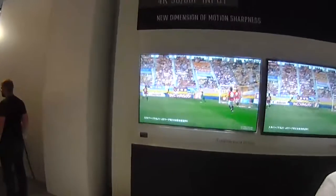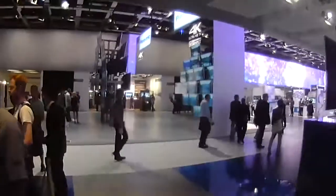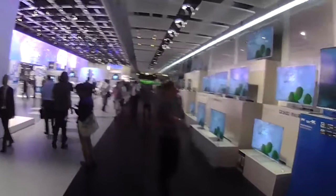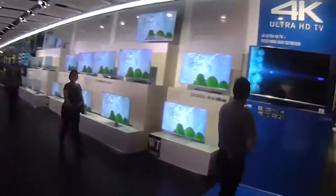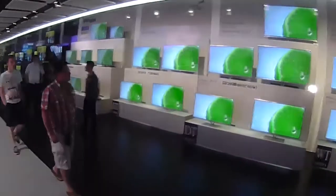A bit of football in 4K. A lot of 4K stuff you will have seen is very slow motion. We were actually showing very fast because we can do this 50p I was talking about before. And here, as I keep my head round to one side, you can see the full lineup of all Panasonic's